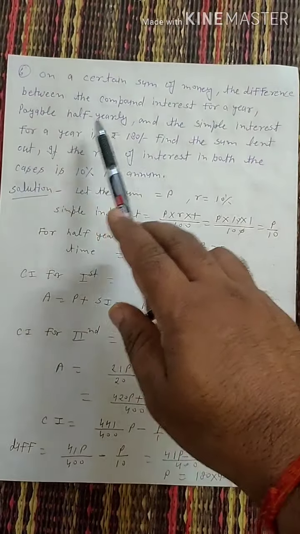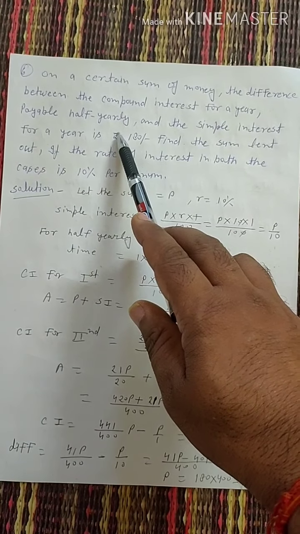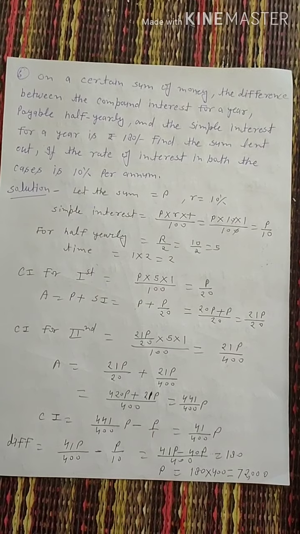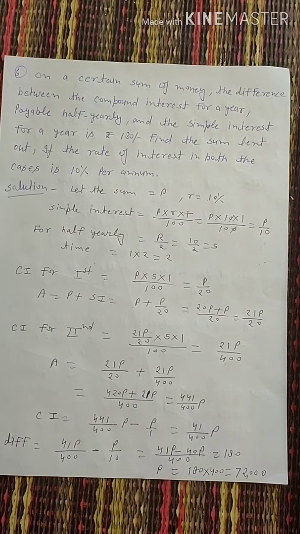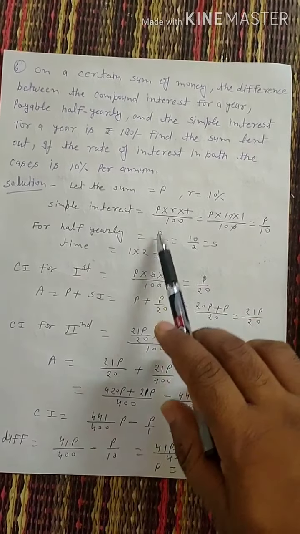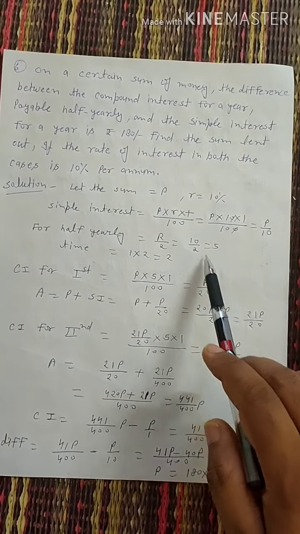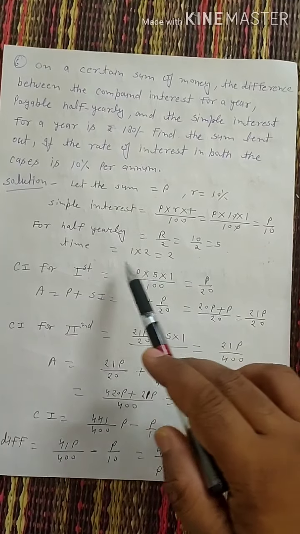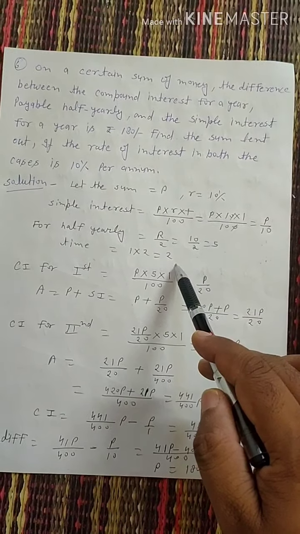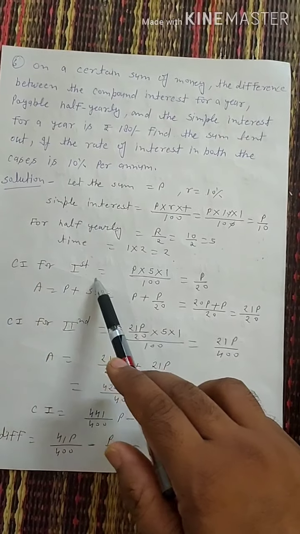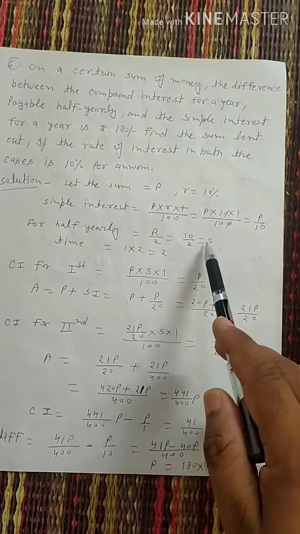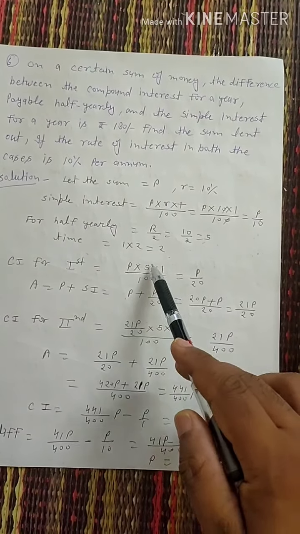Now because it is given that compound interest is calculated half yearly, as we previously discussed, if half yearly is given, then we have to divide the rate by 2 and the time is multiplied by 2. So the rate is 10%, so 10 divided by 2 means 5%, and time is given 1 year, so 1 into 2 is equal to 2. Okay, so first we find compound interest for the first period, PRT upon 100. P into rate 5% into 1 upon 100, 5.